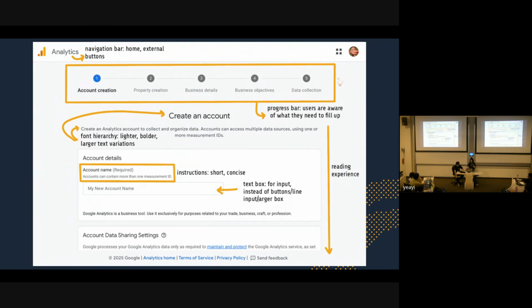Or when we look at the progress bar, you can see how the users are aware of what they need to fill up. And it also kind of serves as an audience retention technique because, let's be real, if you see a form and it's never ending, you're going to feel like you want to click off. So in order to make sure no one clicks off, you have the progress bar. And then even when it comes to the form filling, they use different fonts to help